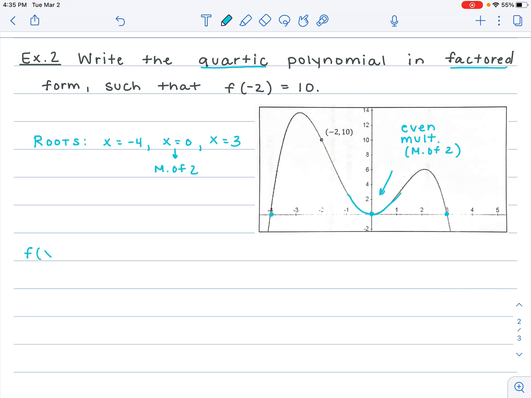Okay. Since they want it in factored form, it's going to look like f of x. We don't know what the vertical stretch is, so we're going to put a here. My first root, if I move that negative 4 over, I get x plus 4. If I move that 0 over, it's just x minus 0. And since it's happening twice, I'm going to square it because, again, it's happening twice. If I move that 3 over, I get x minus 3. X minus 0, that's just x. So that's actually just going to be x squared right here. And if it's just x squared, I'm going to move it out in front. So it's going to look like